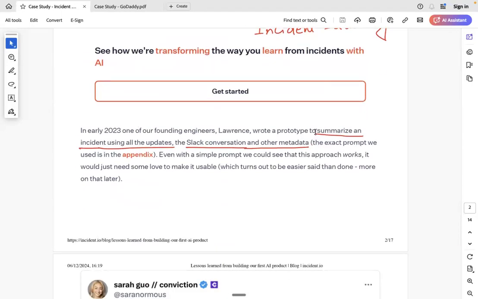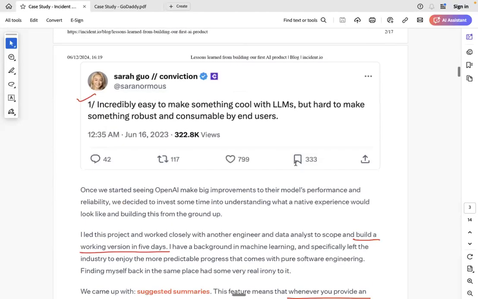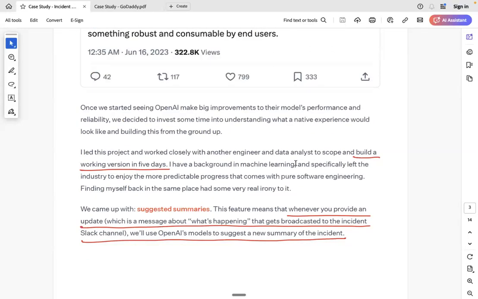So one of the developers wrote a prototype to summarize an incident using all updates, like the Slack conversation and other metadata, such as the incident reporting system. So it can go through all possible systems, collect all the information, and summarize it. After the prototype, they saw the possibility of solving the problem, and